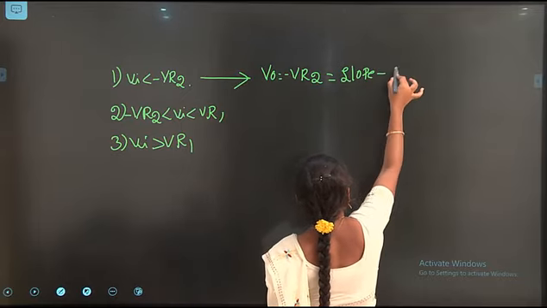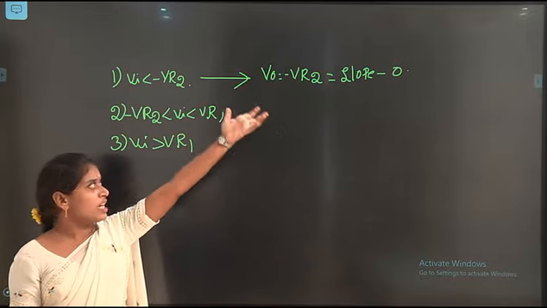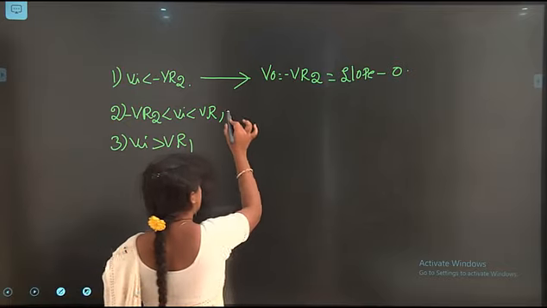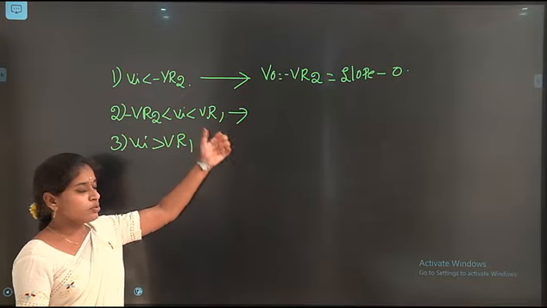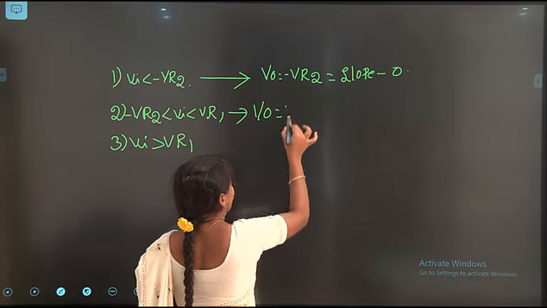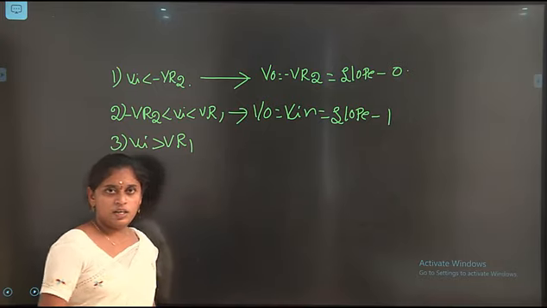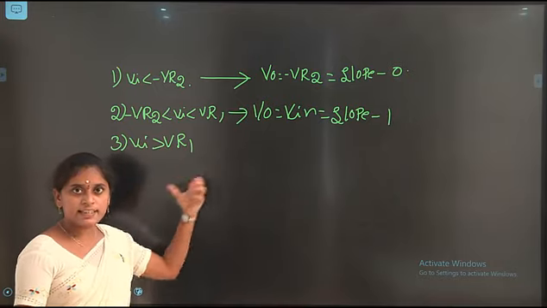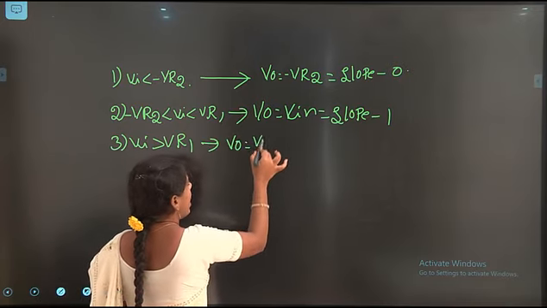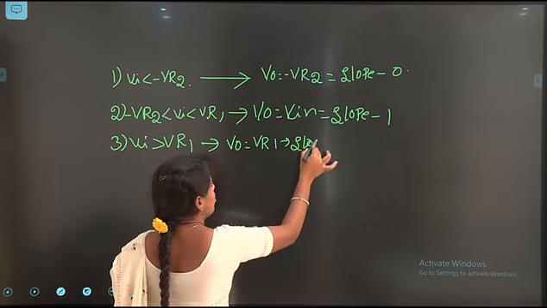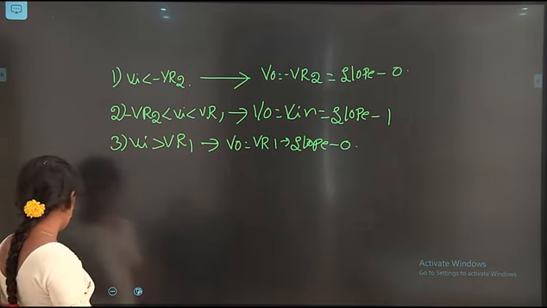Which is indicated with slope 0. Why? Simply we have to say that we don't reproduce the input signal at the output side. So that's why we represent it with slope 0. And the next condition, that is the input signal will be in between minus VR2 and VR1. So then V0 becomes V input. So in this time the slope will be 1. At the same time, when Vi is greater than VR1, what happens? V0 is equal to VR1, which is indicated with slope 0. So from this we have to draw the transfer characteristics.